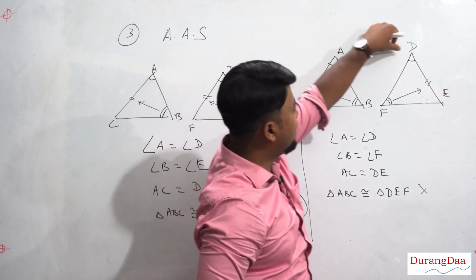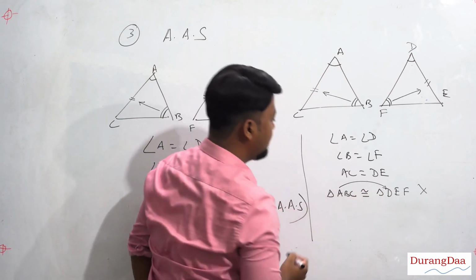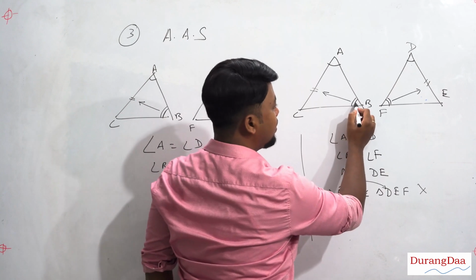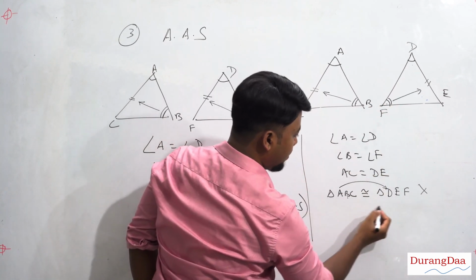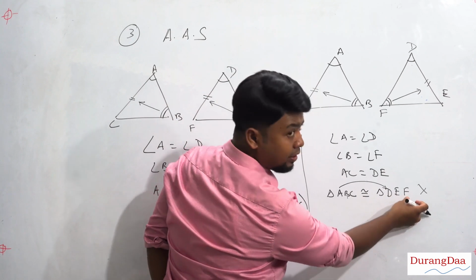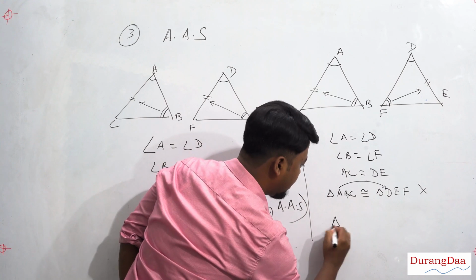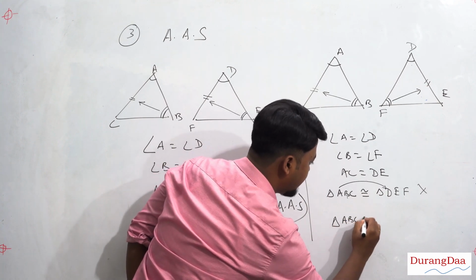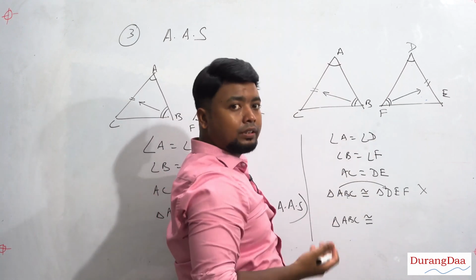Here you have to watch out, because of the mistake you have made. Angle A equals angle D, no problem here. Angle B equals angle F. You see here B is there, but F is last here. So this is the wrong way of representing. When you are writing it in correct form, A, B, C, it has to be written in that same order of vertices of the triangle.